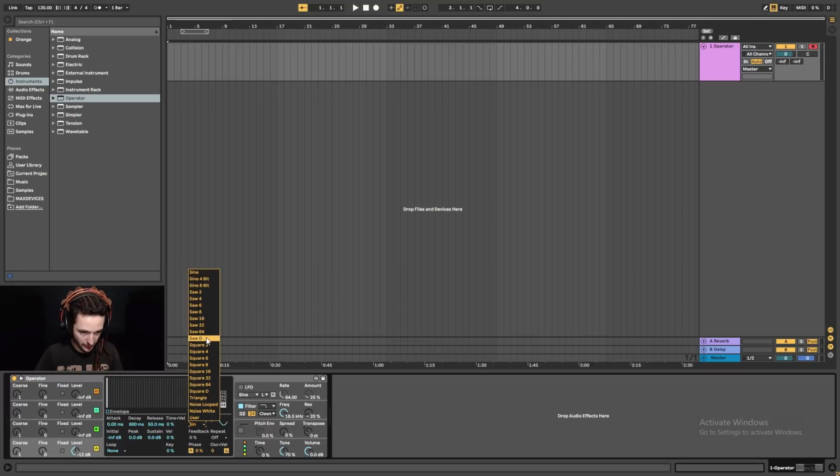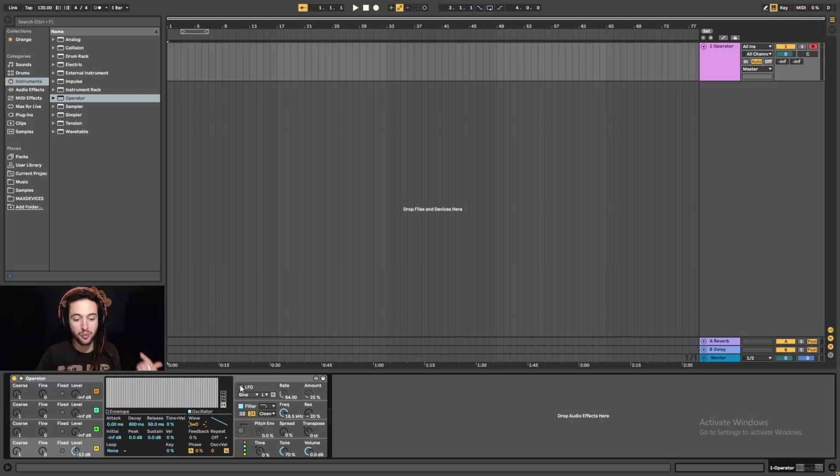So we can come here and we can make a saw wave. So we've turned that on, we've got that enabled. Next, what we need to do is we are going to use the LFO to modulate the pitch so that it pitches up and down. So when I press the key right now, we're just dealing with a straight sawtooth wave. It's not modulating at all. It's raw. So if we turn the LFO